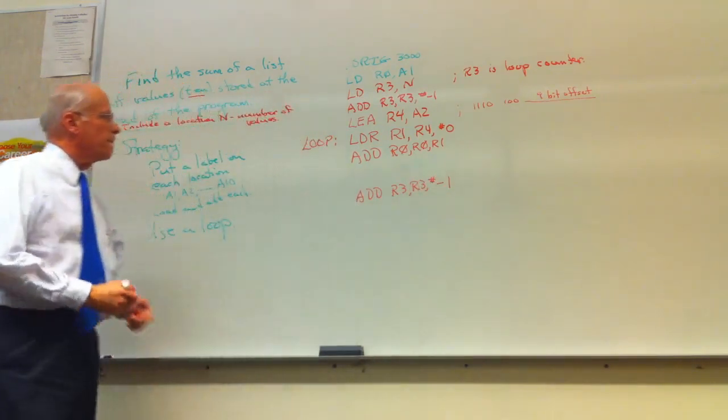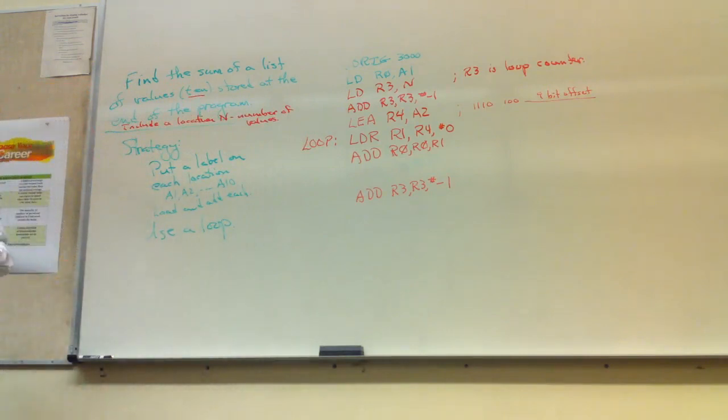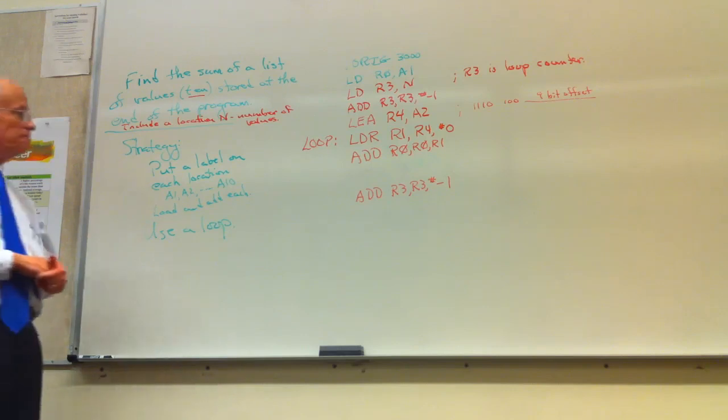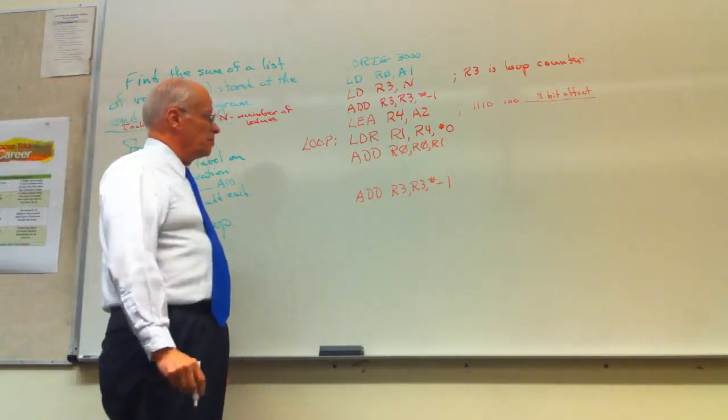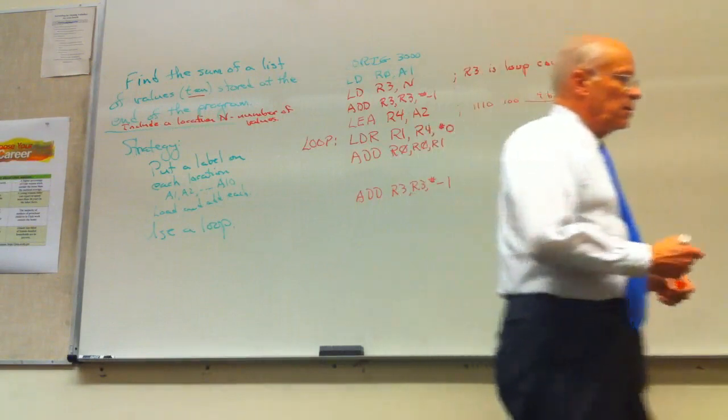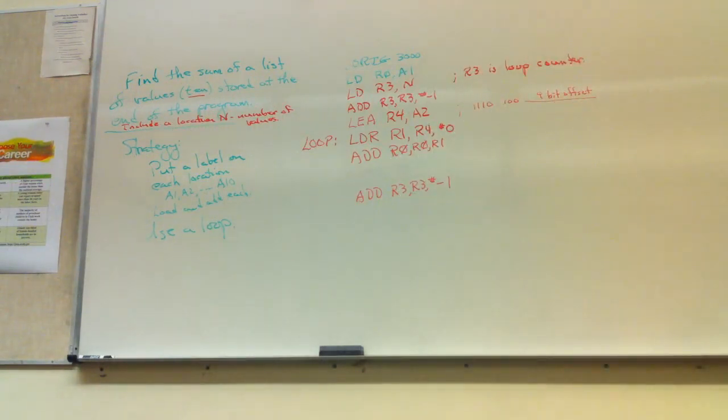So on that LDR, we're looking at register 4 and taking what's inside register 4 and then adding 0, and then it's going to go to that location, and that's going to be loading the contents of that location into register 1. Is that correct? It doesn't add it to, it sticks it into register 1. Yeah, copies it into register 1. Make sure I got that. Now, my loop counter, as long as the thing is positive,